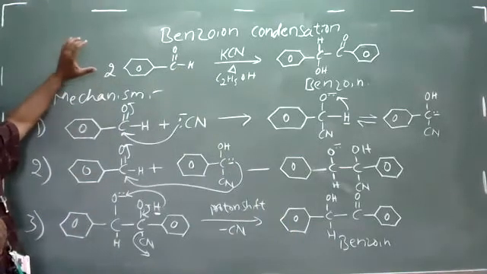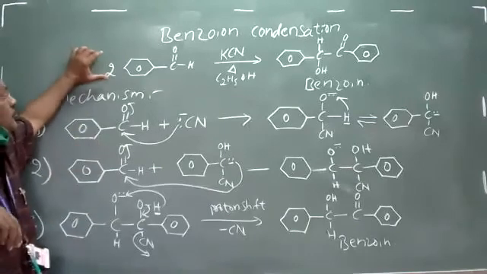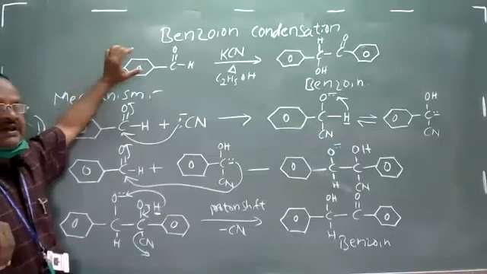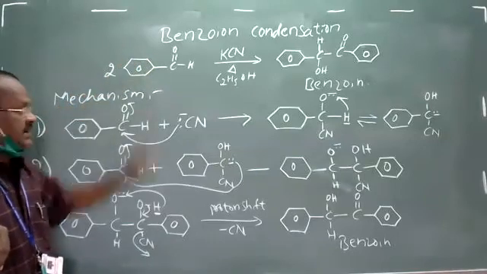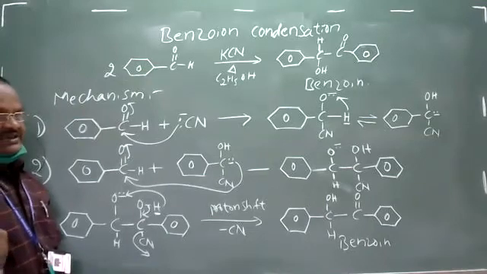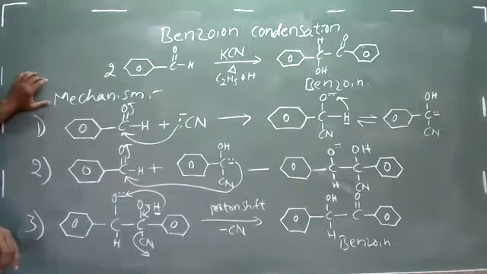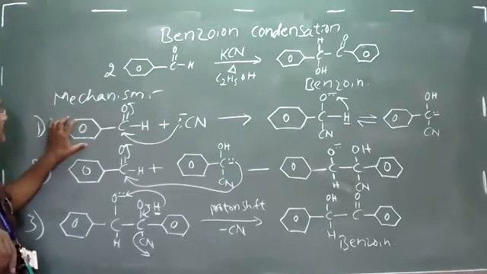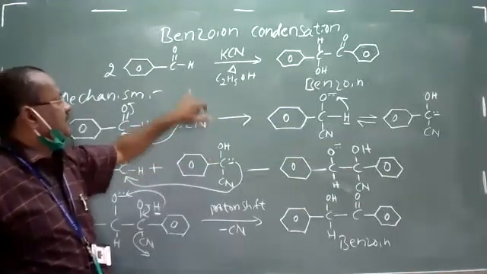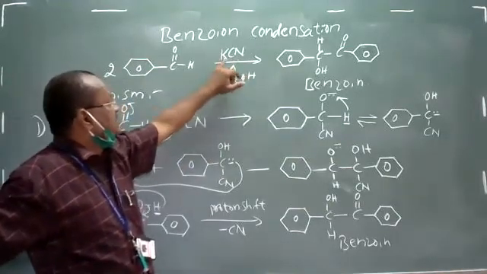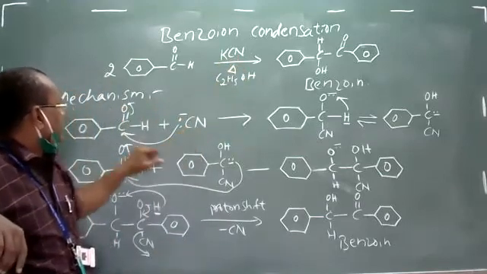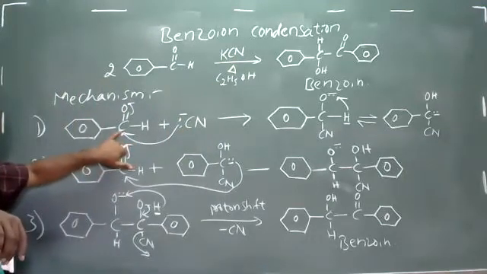So quickly, I will summarize this once again. Benzoin condensation: 2 moles of benzaldehyde react, condensing with each other in presence of alcoholic potassium cyanide to form benzoin. This reaction is known as benzoin condensation. Clear? Coming to the mechanism, in the first step, 1 molecule of benzaldehyde is going to react with the cyanide ion nucleophile. This cyanide ion comes from this potassium cyanide, which splits up into K plus and CN minus. Clear? This cyanide ion will try to attack the carbonyl carbon of the aldehyde molecule.